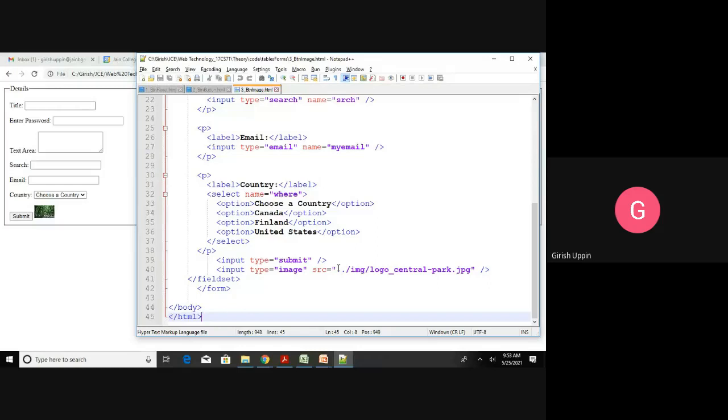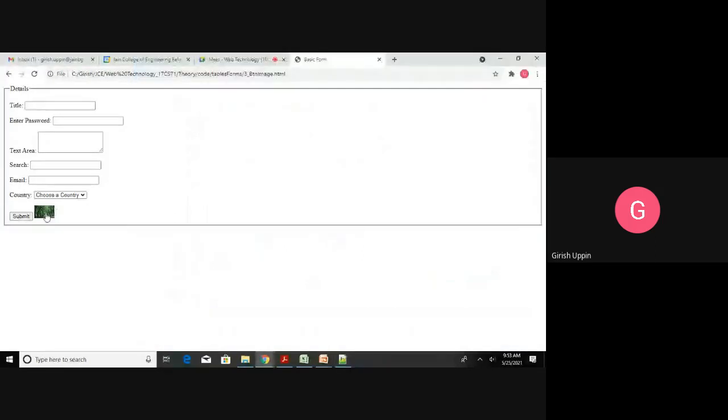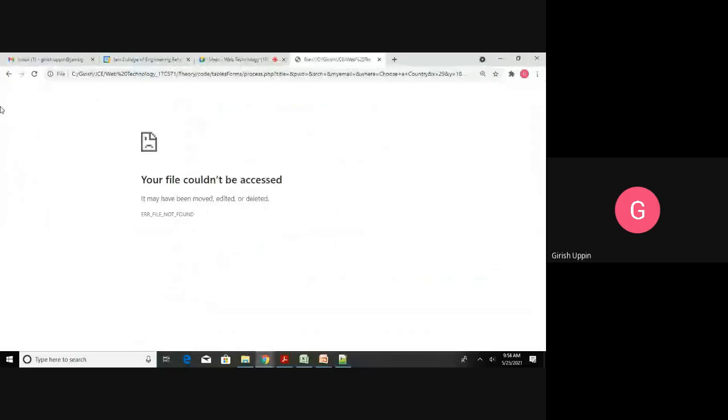You have studied relative paths and absolute paths, how to give the location of your file, and it will use this particular image as a button image. It provides a click, so we can click on that. It is working like a submit.